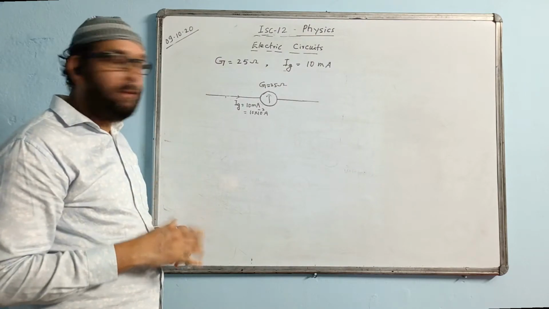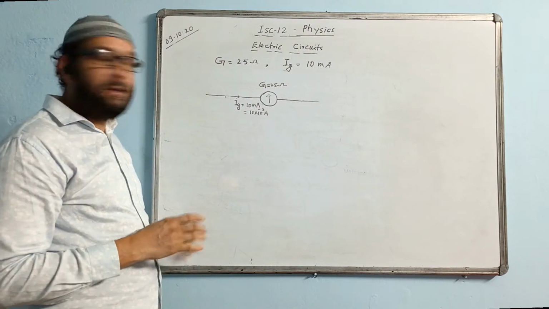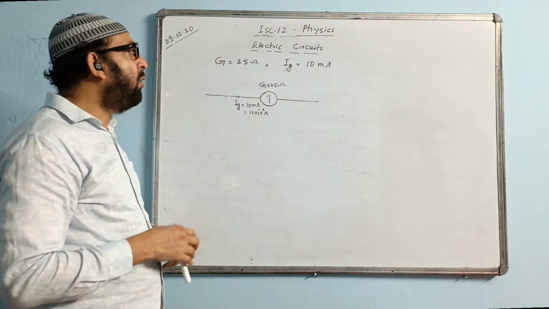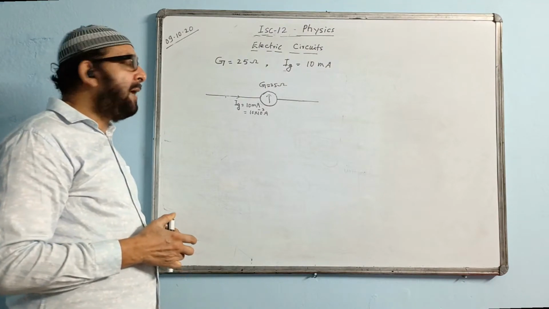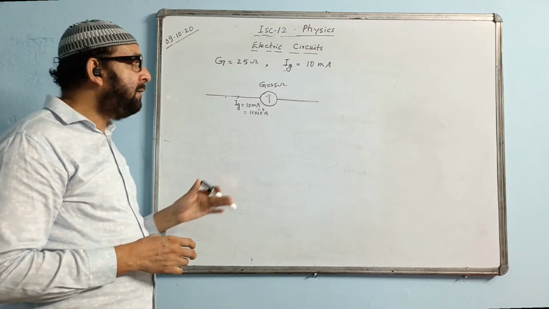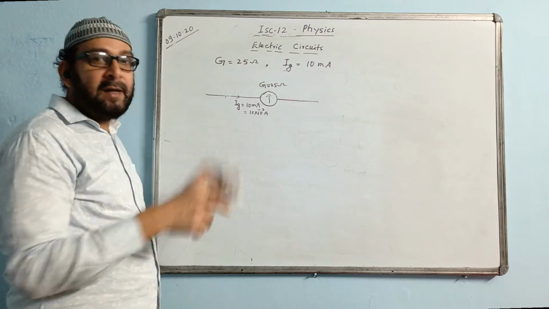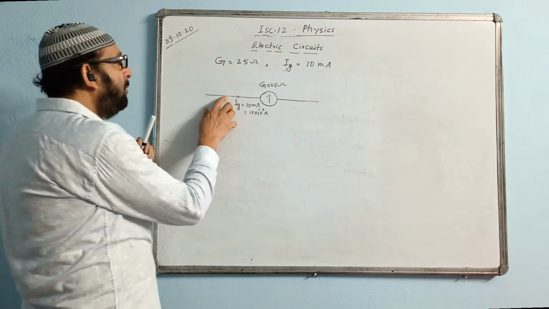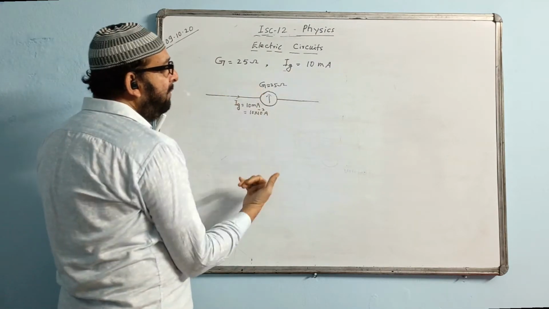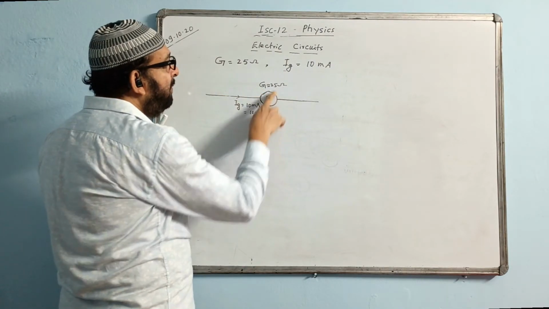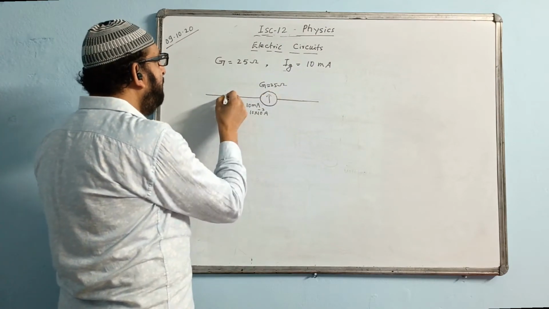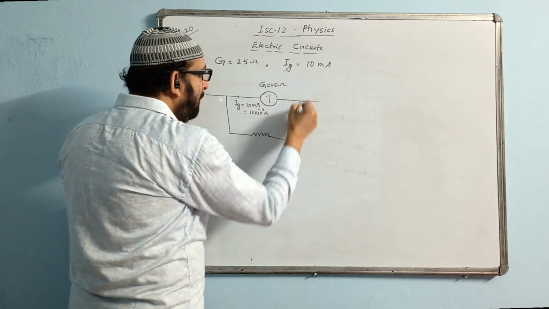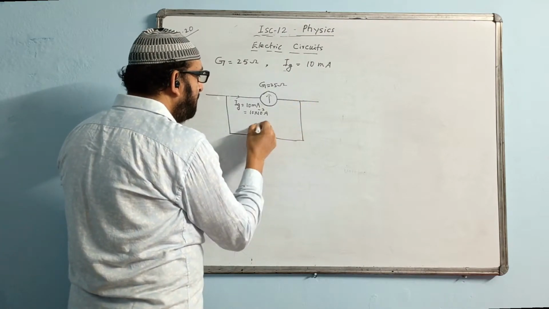Ammeter measures ampere and voltmeter measures volt. So this time the question says it should measure 20 ampere. How can you change it into an ammeter which can read up to 20 ampere, and draw the diagram and show the necessary calculation? The question says that. In the beginning only we will plan out. We want to change this into an ammeter. Ammeter is a low resistance device. How can we make the value very low? You have to use a shunt. You will be drawing the diagram here and writing S. S means shunt.